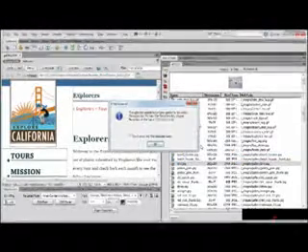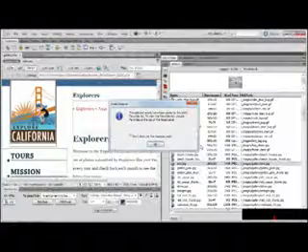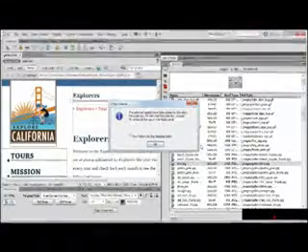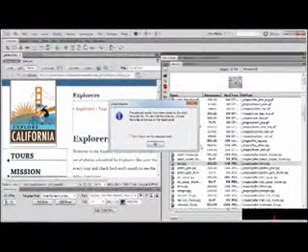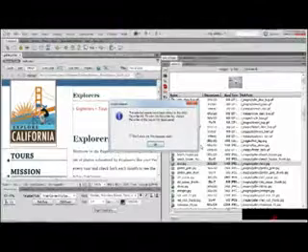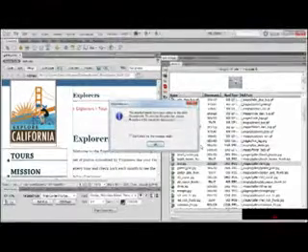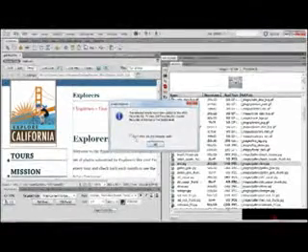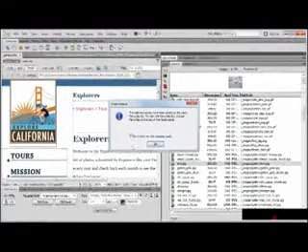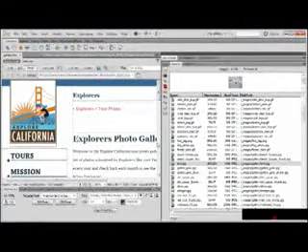Now, as soon as you do that, Dreamweaver is going to give you this nice little message that says, hey, I've added that to the favorites. If you want to take a look at it, choose Favorites at the top of the Assets panel. This can get kind of annoying because every single time you add something to the favorites, this message is going to come up. So it does have this "don't show me this message again" option, and you could go ahead and check that,